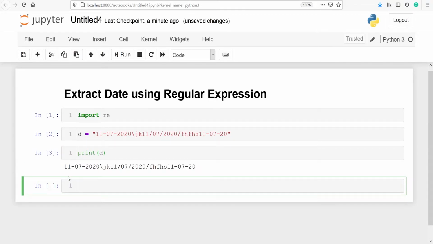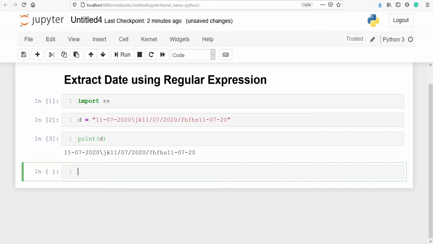Now I'm going to extract these dates using the regular expression. Let's print dates. I will call our library re. From this I will use the method findall, and then I will type r here, and now here I will have to type the pattern. First I will write \d. \d stands for any digit or any number. So \d will match all the numbers. Now I will give the pattern.